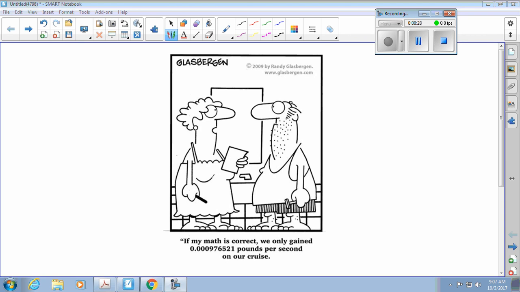It says, if my math is correct, we only gained 0.00976521 pounds per second on our cruise. Has anyone been on a cruise? When you're older, maybe you'll get the chance to go on a cruise. All they do is feed you. You have tons of food. There's buffets all the time. So usually when people go on these cruises, they tend to overeat and gain a little weight. I wouldn't know what that is like. Okay, everybody good with that? The next one